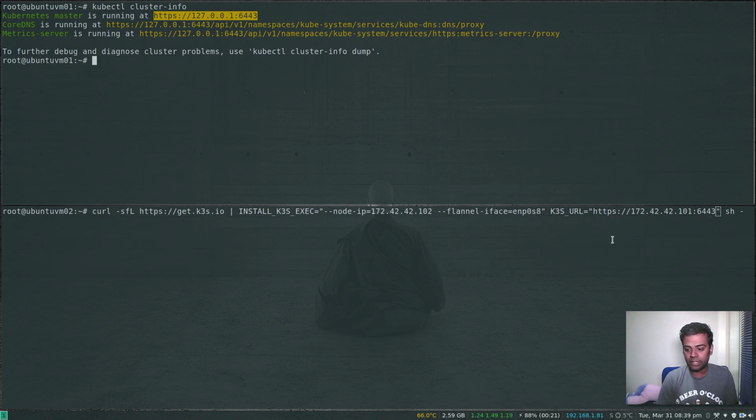172.42.42.101:6443. So that's the K3s URL. That's the cluster we are going to join this worker node to. In order to join, this worker node needs to authenticate to the cluster. The way we authenticate is using the token. So we've got the token here,